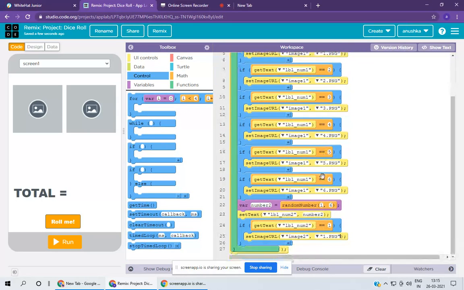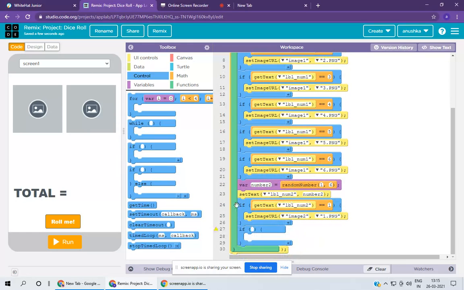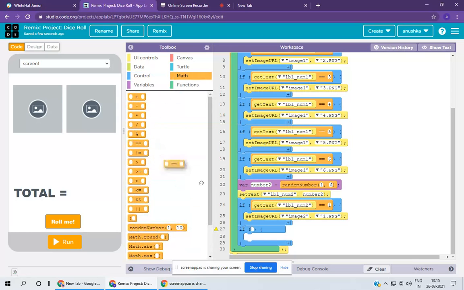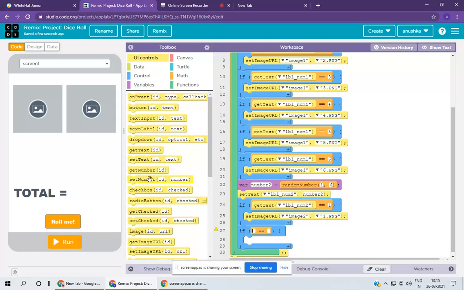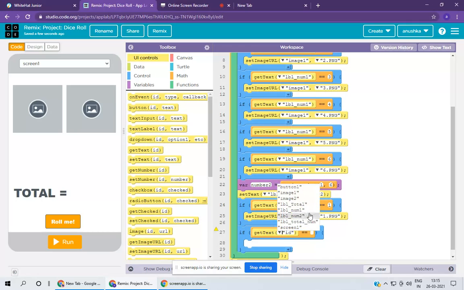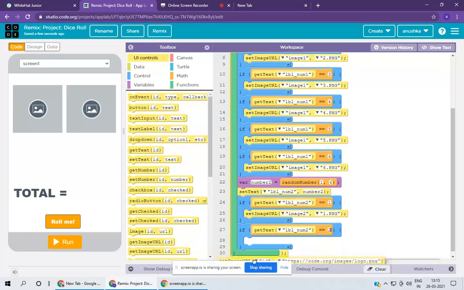Okay, after that let me show you. It's okay, right? Because I had not shown you that one. So yeah, go in math, take the equal to operator. Now we need get text, go in UI control, get text, ID changed into label number 2, and here we need 2, and then set image URL.